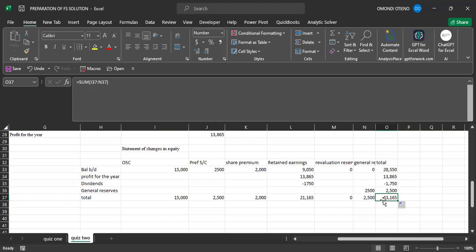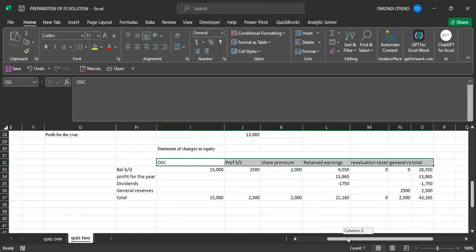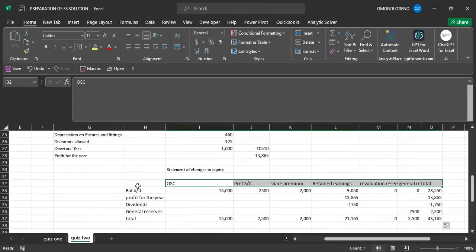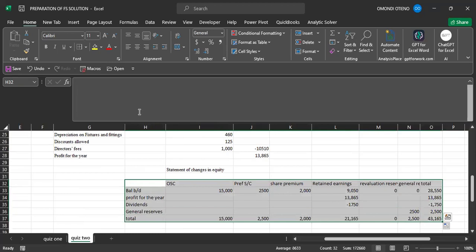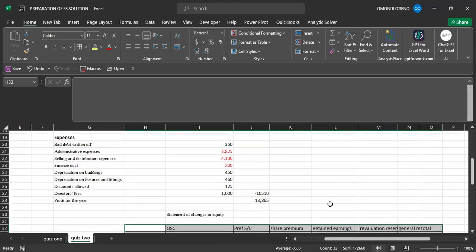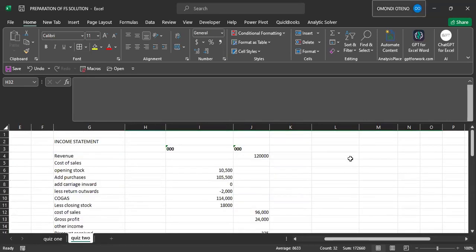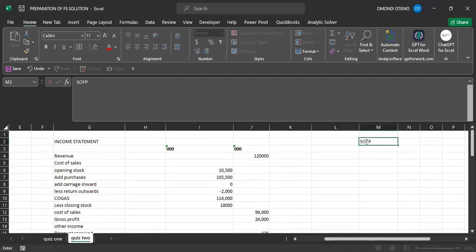These are our shareholders' equity. That is ordinary share capital plus any other reserve. So for you to know how you're going to bring these reserves, everything you are having here and it has got a balance, anything you are having up here and it has got a balance must be indicated under shareholders' equity. So having prepared this account, let me just have this indicated in this manner. Let's go ahead and prepare the statement of financial position.